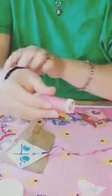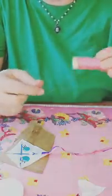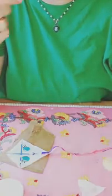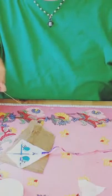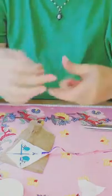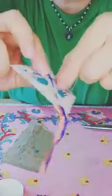Next step is to add your string, yarn, whatever. I would suggest a thinner string like a fishing line or a thread. If you do not have any of that, you can use yarn or whatever kind of string you have, okay? You can make this big or small. I'm just going to make it small so it's not in my way. And then the way you're going to do this, you're going to pull the bottom one up so they're both bowing. See that? And then you're going to put this in